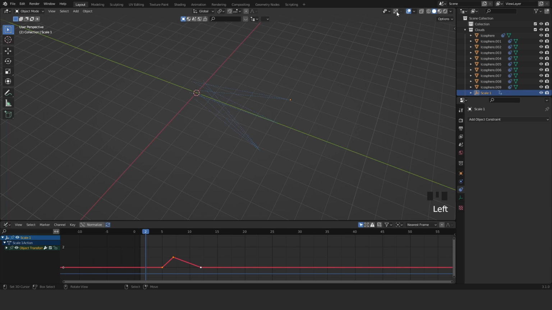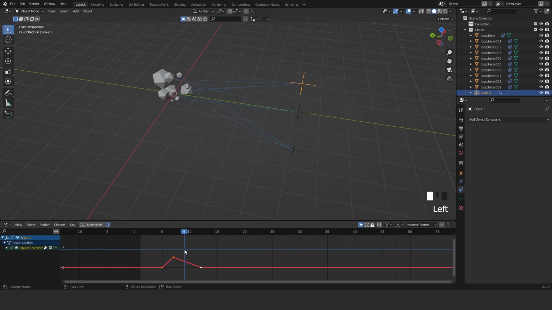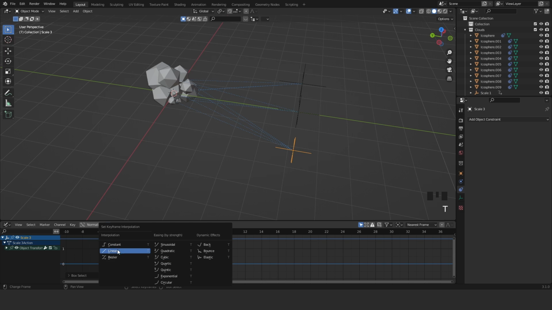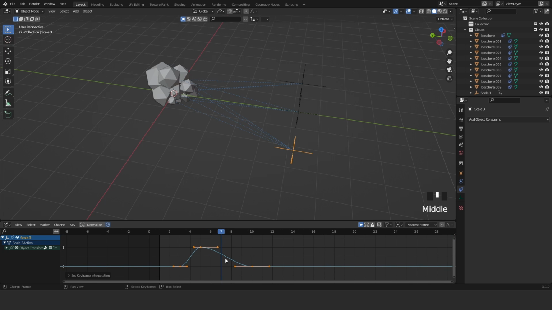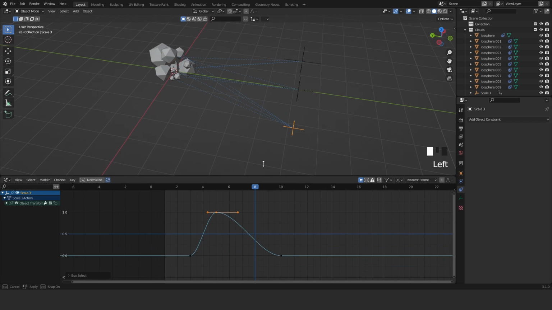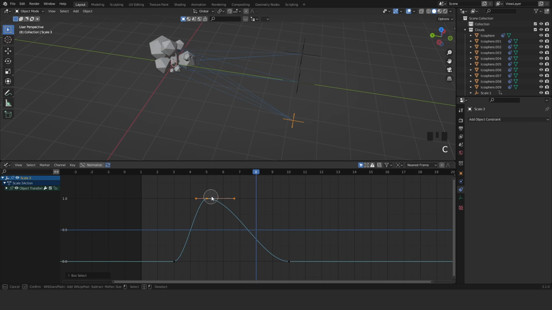Okay, so now you see we have this kind of thing, and so what we can do now is we're going to have to use the curves to change it. So what I'm going to do is just select all of them, and then just go T and Bezier. Okay, so now you can see it's slightly smoother, and then we can mess around with these to get something like. And the way we're going to use this is we're just going to press C to pull up this,